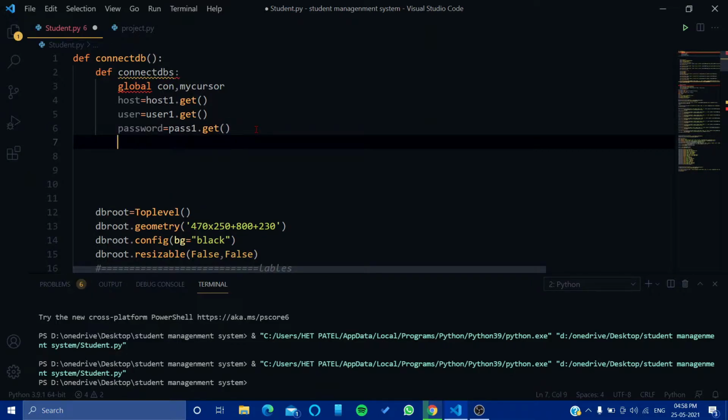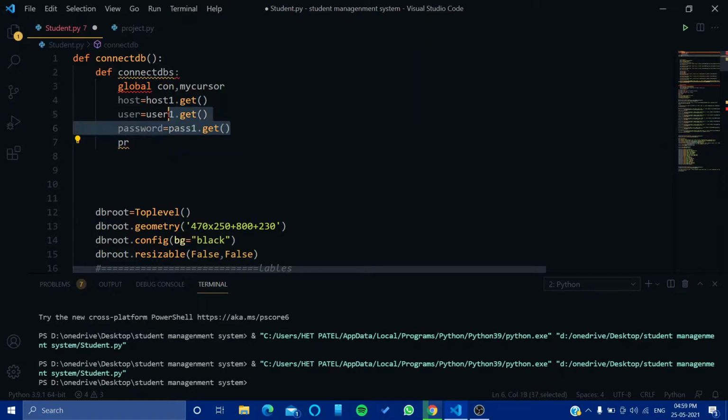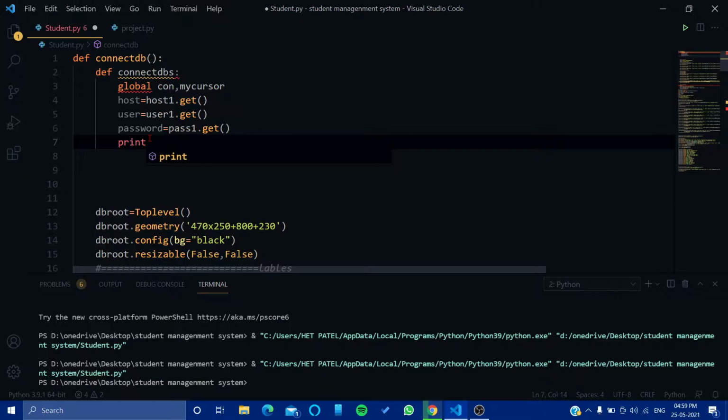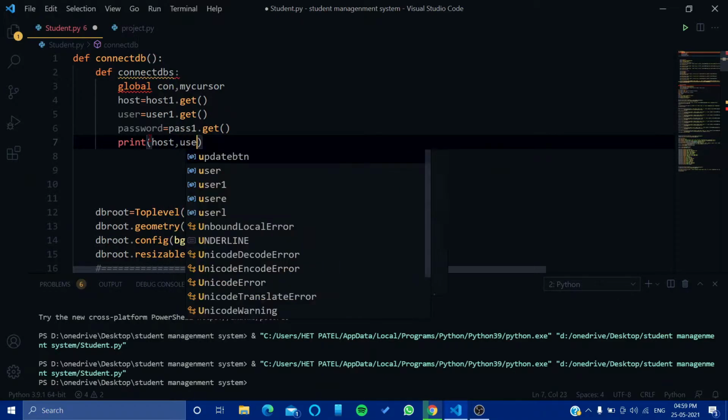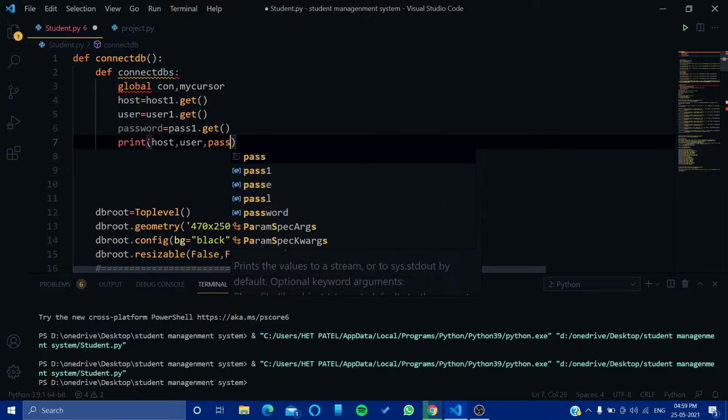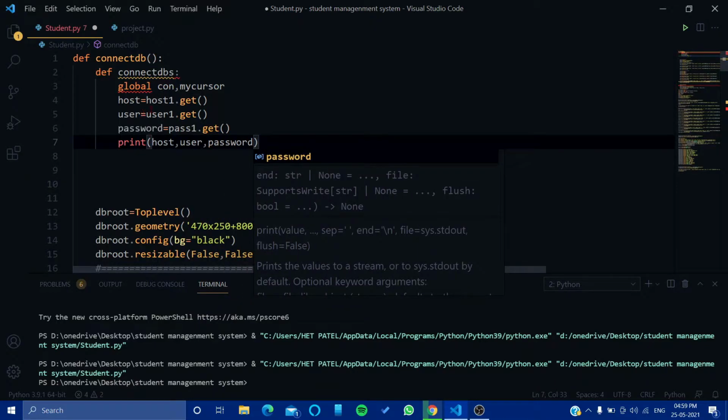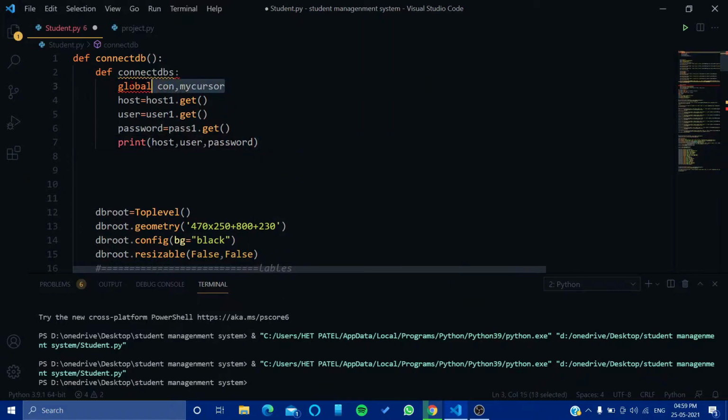Now what we have to do is just say print, so that we can know whether what we have coded here is correct or not. Print host comma user comma password. Okay, everything is nice.